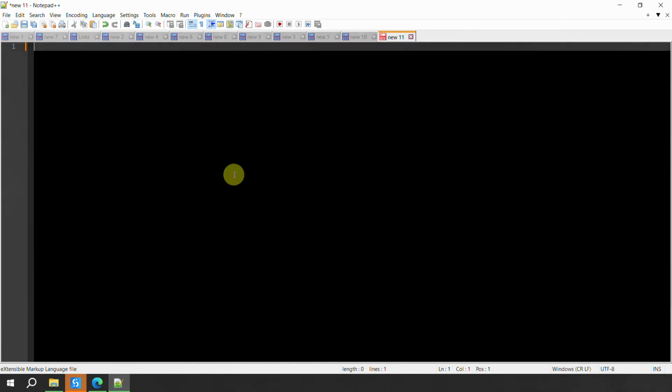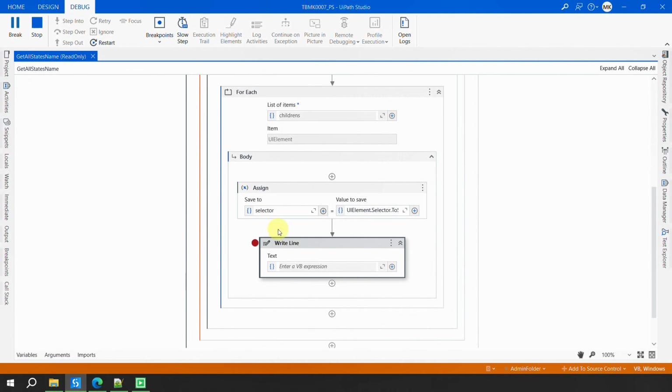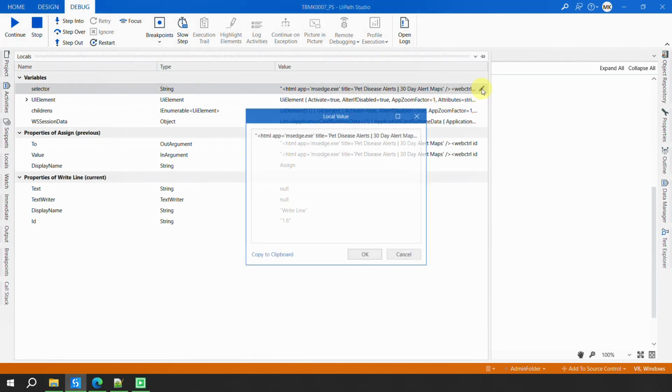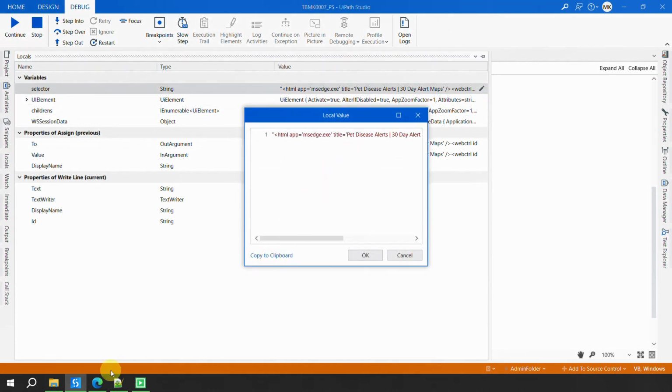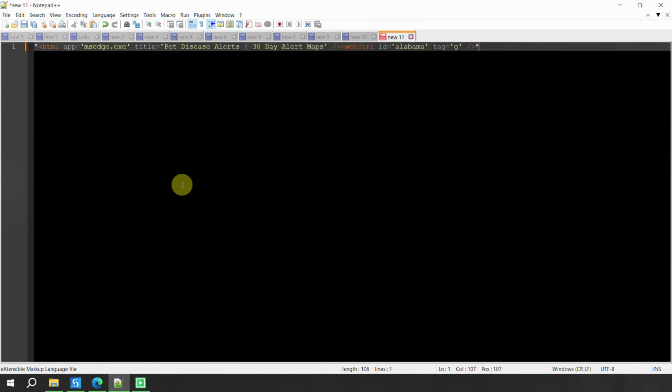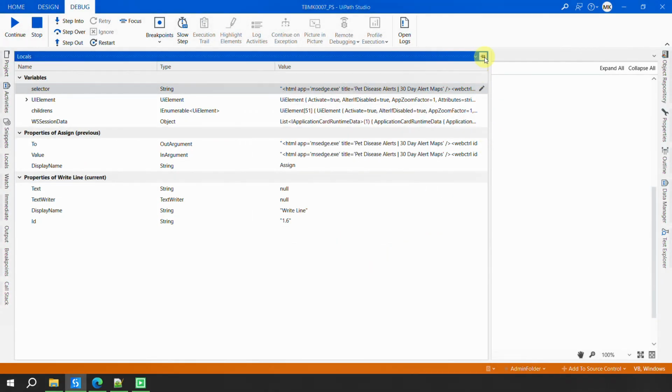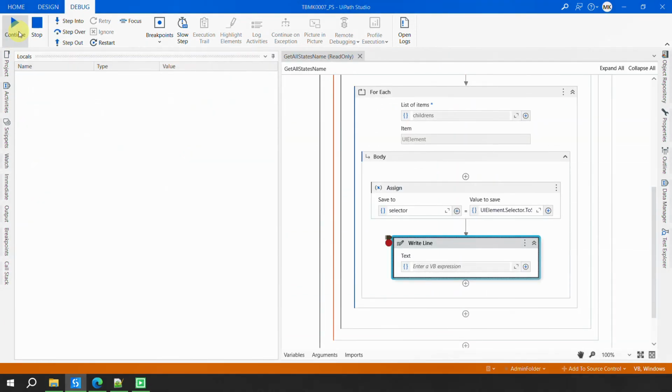I'll clean this, and in my automation it's running in the debug mode. Finished. Let's go to the locals, and in the selector now I am only getting this information. Copy to clipboard, first element. Okay, I'll hit OK, continue,